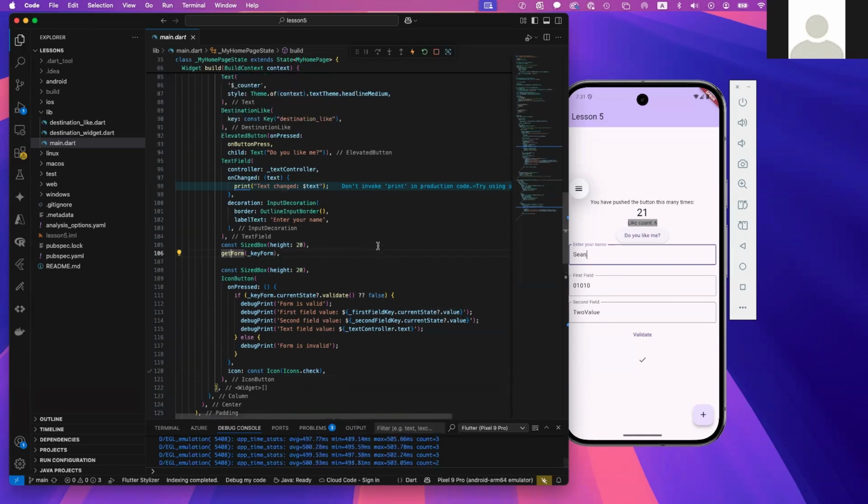And that allows you to be able to separate out some logic and